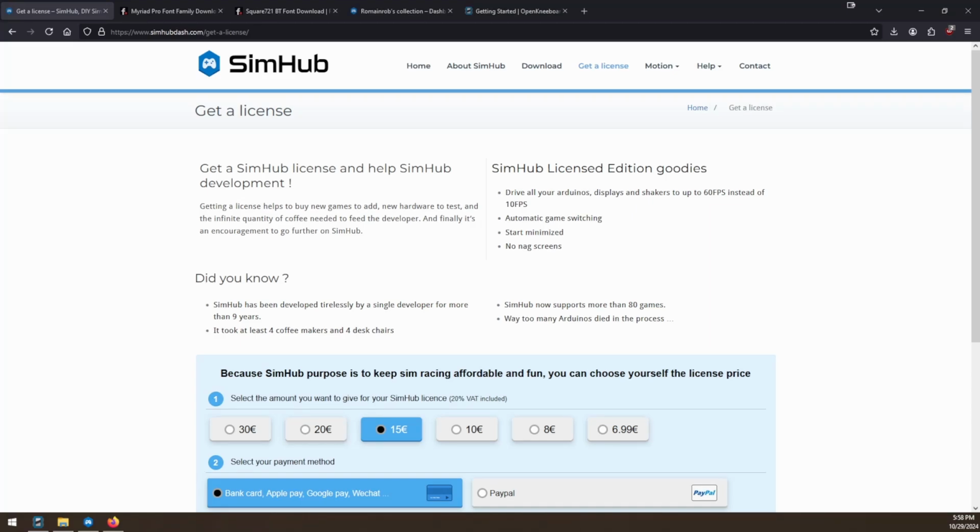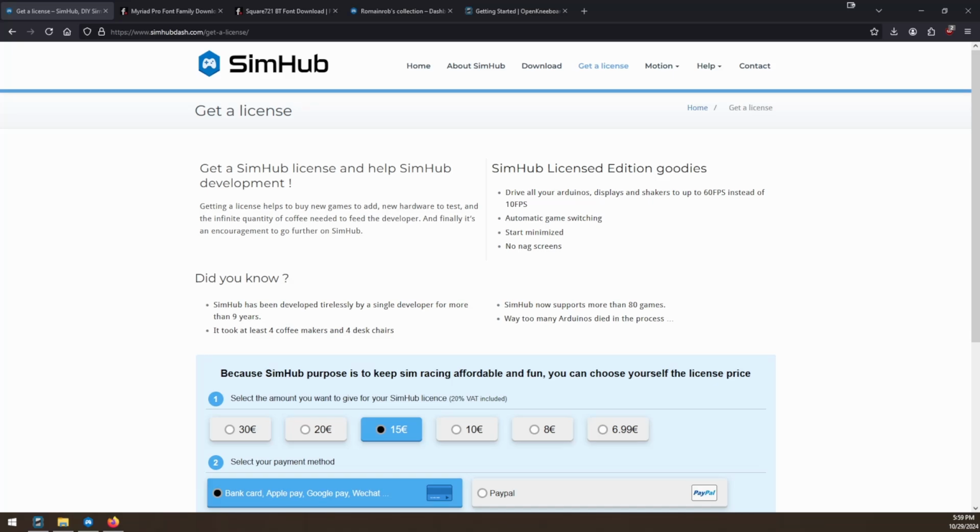Welcome to my tutorial on how to get SimHub overlays in iRacing VR. I'm using OpenXR mode, which didn't seem like there was a way, or it was more difficult through OpenXR than SteamVR, but I don't use SteamVR, and I don't want to pay for any of the